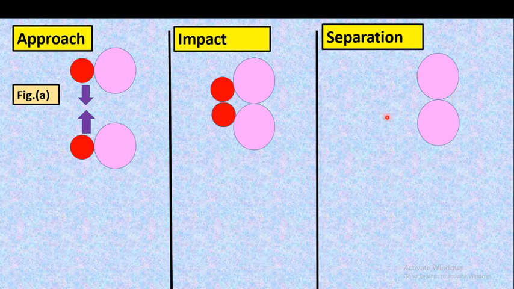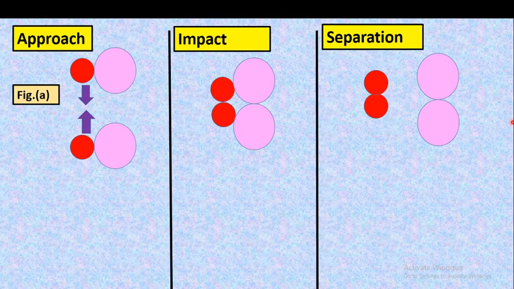So what happens? This is the approach of these two HI molecules. What is the impact of this approach? These two molecules combine with each other due to this proper orientation. And due to this impact, what happens after the separation? Here the pink color denotes iodine: the iodine of one molecule and the iodine of the other molecule combine to form iodine gas, and the two hydrogens of the two HI molecules combine to form an H2 molecule.